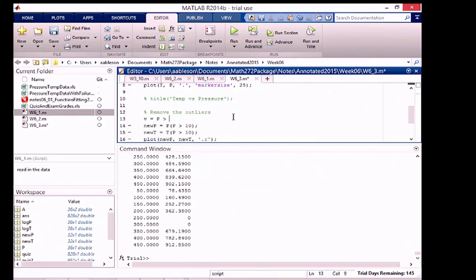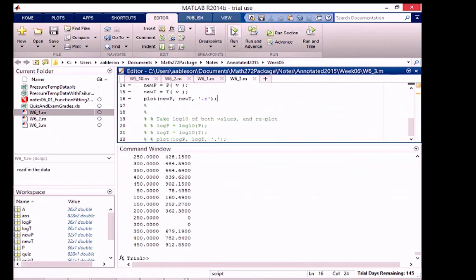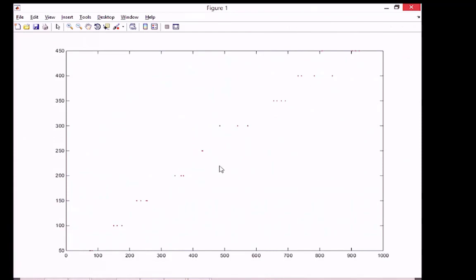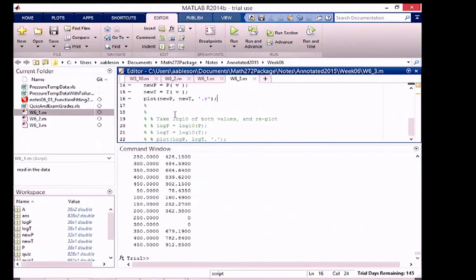We could have built the filter this way, build a vector of all the pressures that are above 10, and then filtered with this V, and that would have done the same thing. Key thing, though, is subselect your P's based on some vector of yes and no's, subselect the matching temperatures based on some vector of yes and no's, and those yes and no's are my pressures above 10. And when we do that, we get a cleaner data set,